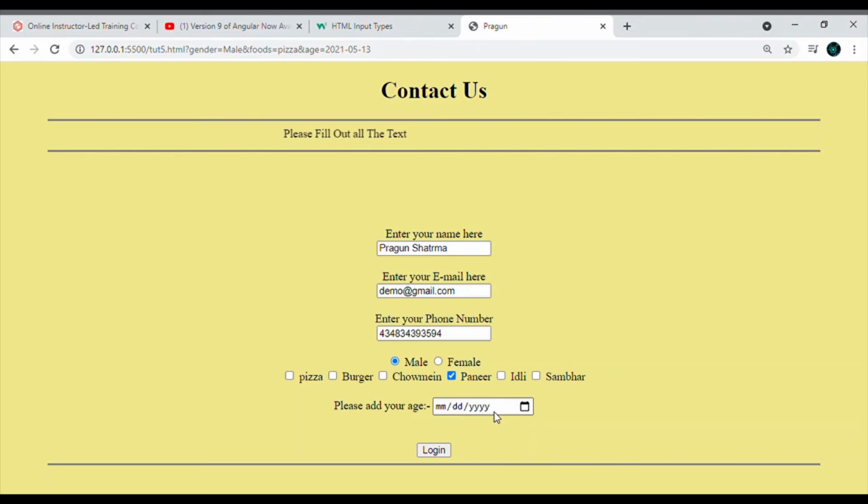Before adding our age, let's test it out. It's acquiring the required function. You could see that it is working, and it's not going to allow us to log in till we add any age or date. I am adding age, then log in, and it disappears.